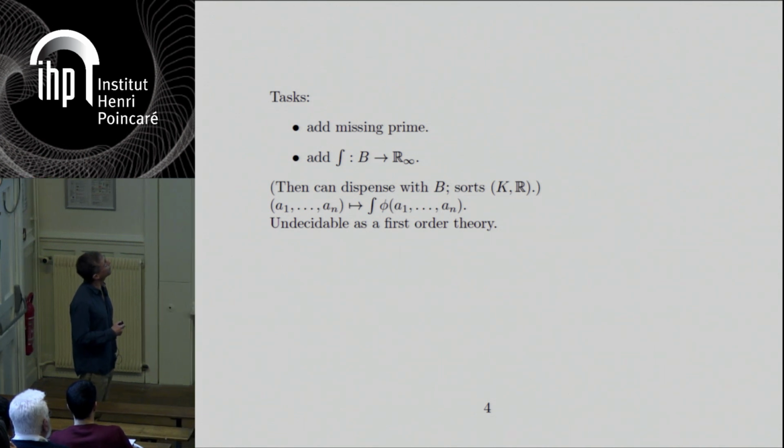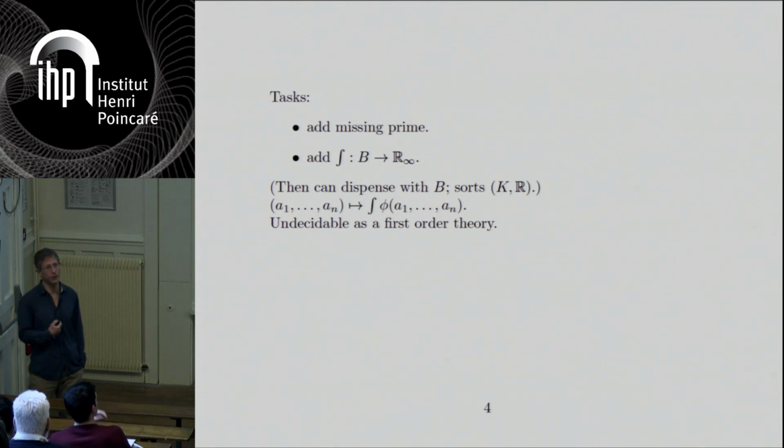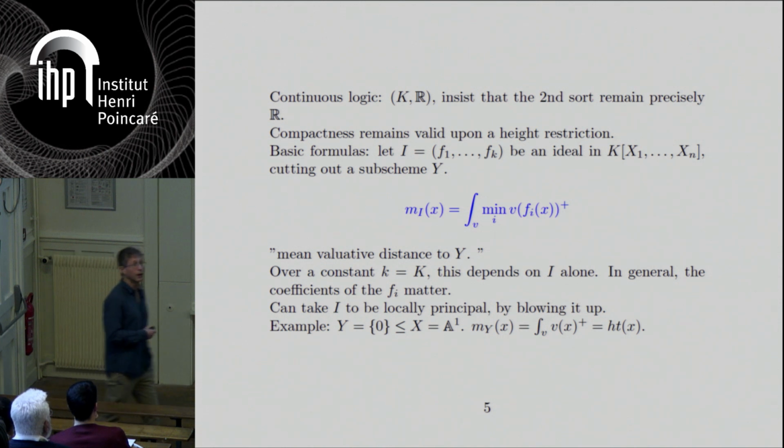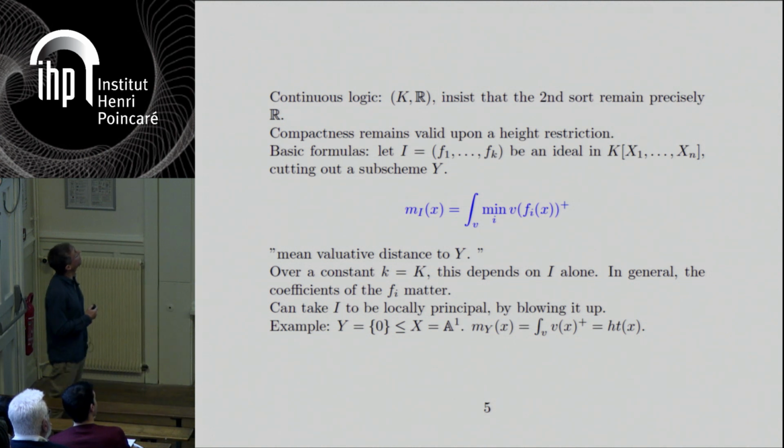Okay, and I first made some attempts to see it as a first-order theory. There's no way. It's going to be undecidable as a first-order theory, and we have to go to continuous logic, which by 10 years ago, let's say, had become very, very well developed. But so I hope everybody feels very comfortable with it now. But in case you don't,